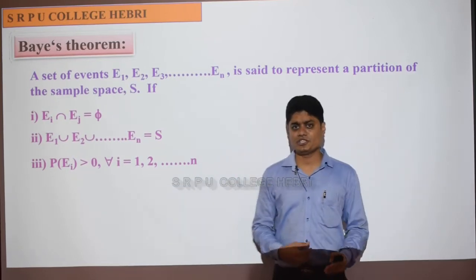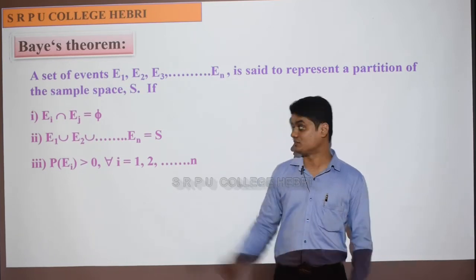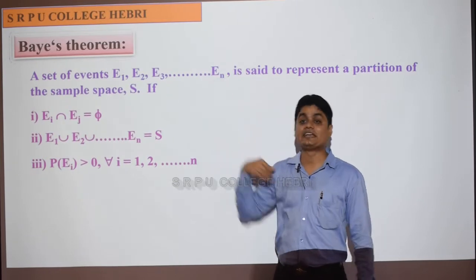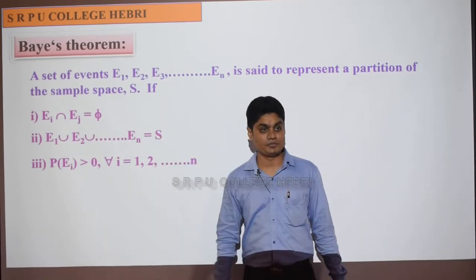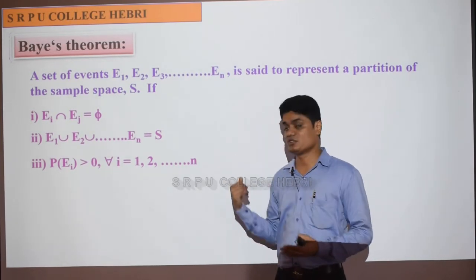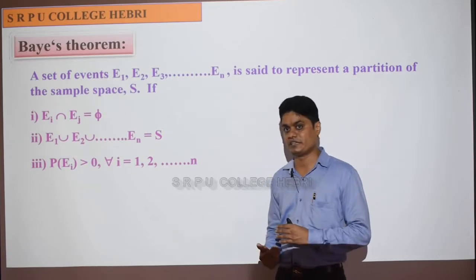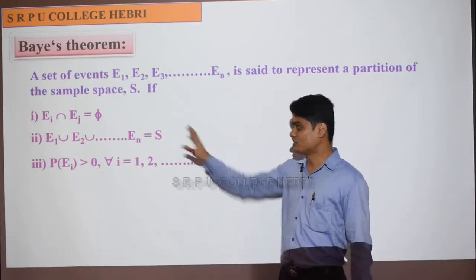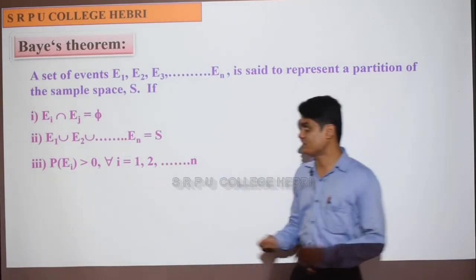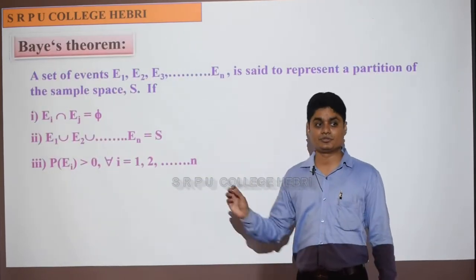See, in second PUC in the relations and functions chapter you learn this concept, equivalence classes. If we consider this as a set, definitely for the relation, these are all the equivalence classes of the sample space. So almost all the concepts are the same: equivalence classes, and dividing the integers into the set of all odd integers and the set of all even integers. So I hope you understood. Here what we did, we divided the sample space into different events satisfying these conditions. See, we need this concept in Bayes theorem, so I am defining it.